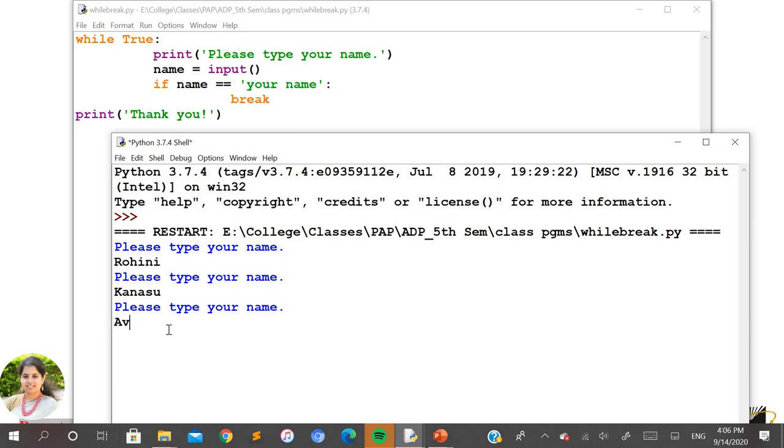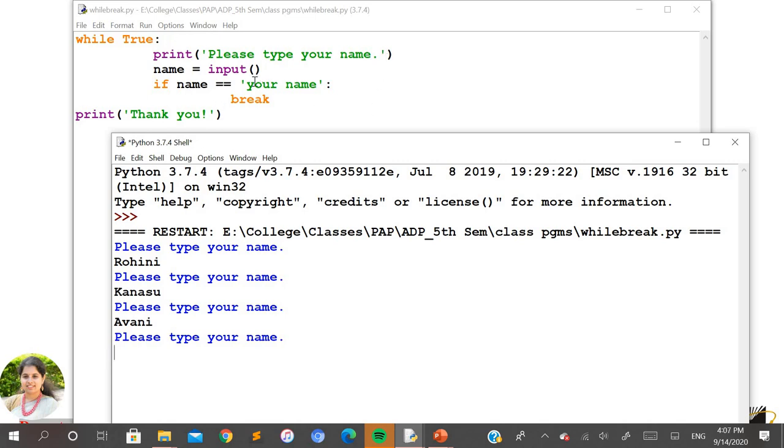Next I'll type Avani. This is going to continue in the same loop: please type your name, read the name, and check the condition whether the string is equal to "your name". If not, it again continues from the first statement of the while loop.